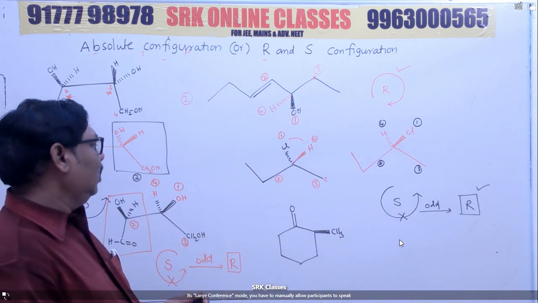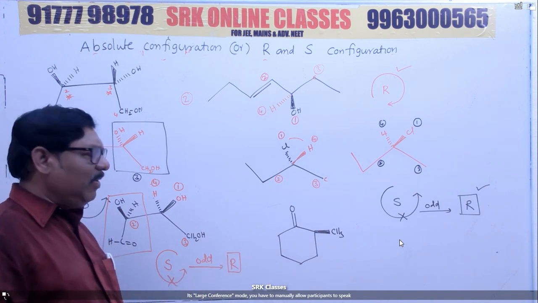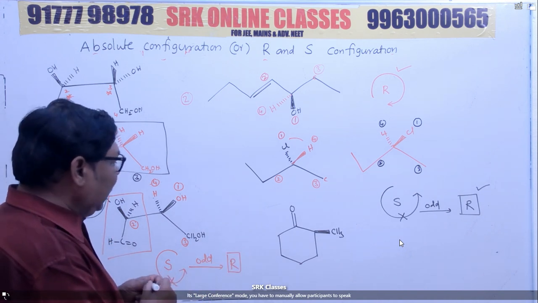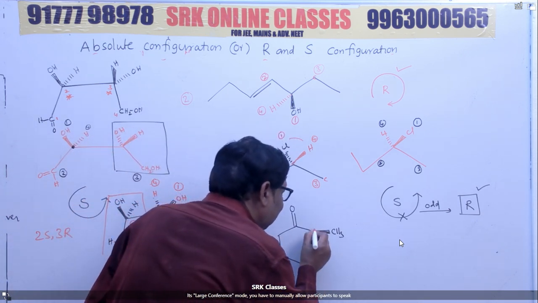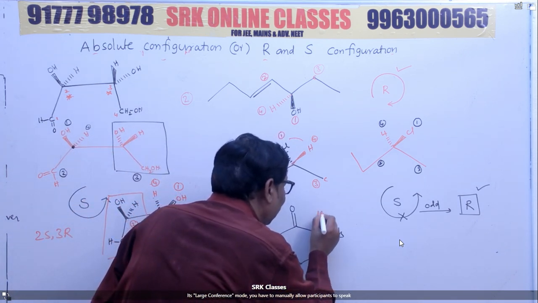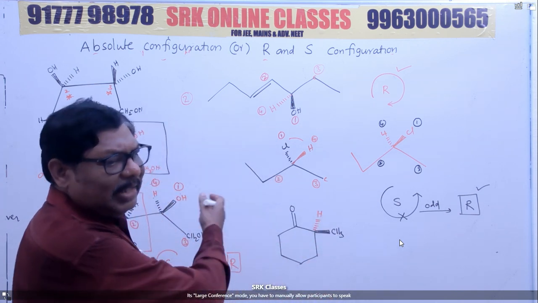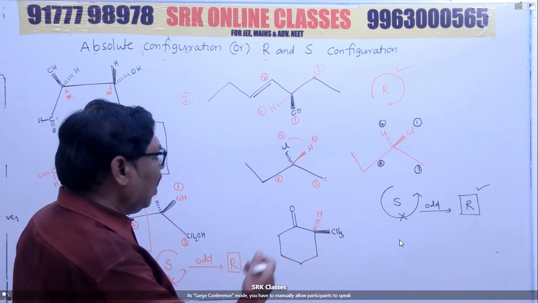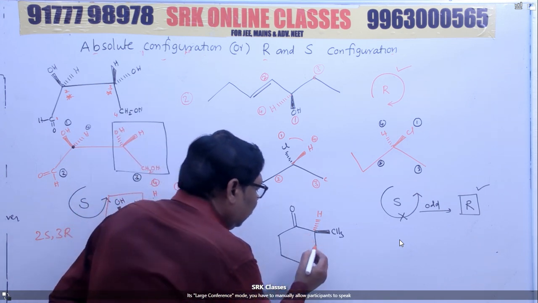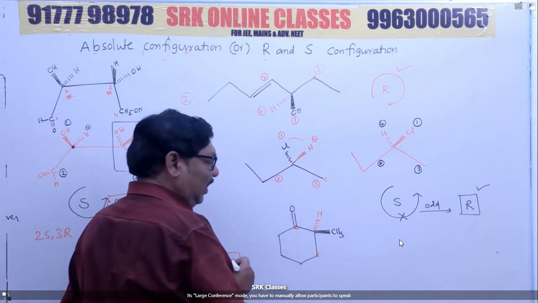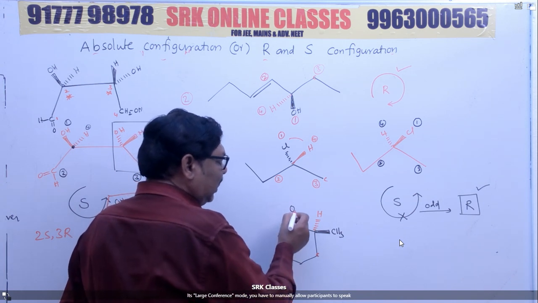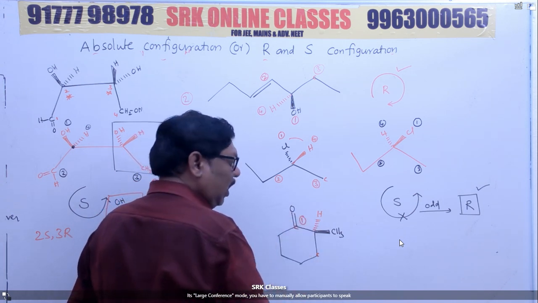Now look at the cyclic compound. We'll apply it for a cyclic compound also. Here, solid line is for ethyl group. Therefore, I have to write dash. Dotted line for hydrogen. Just like the previous one, here also you have to give the order. This is carbon, carbon, here also carbon. First atom is same. Here 2 oxygens are there. Therefore, I have to give first priority.